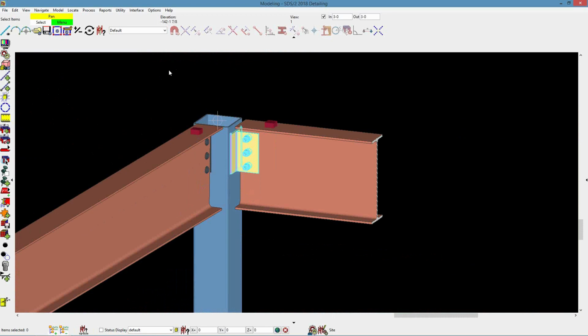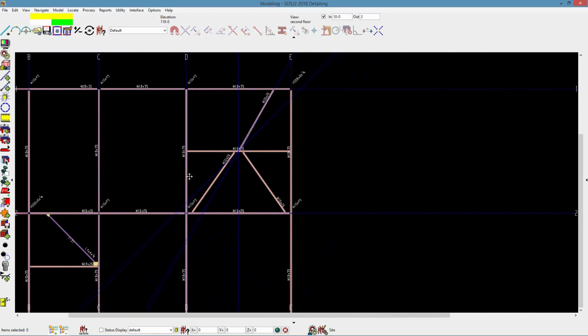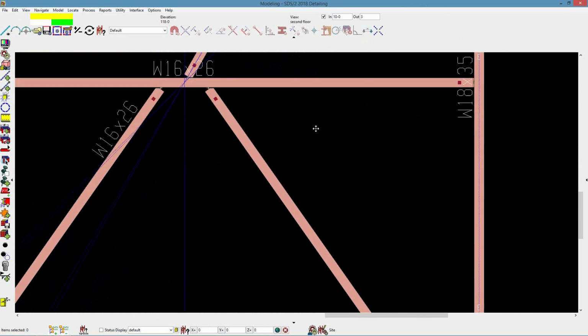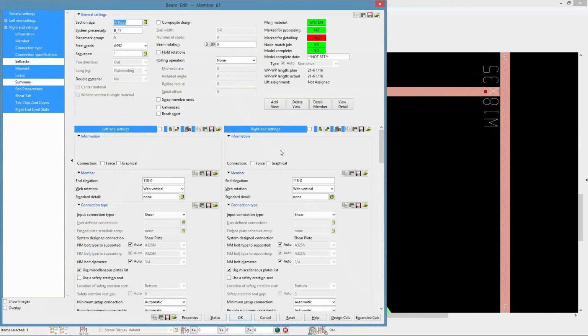Next, we have a shear plate bevel option. So if we take a look at our beams framing over here, when the shear tab connection, alright, this can be set for the specific member in the shear tab connection specifications or in the shear plate setup options. So for this member here, if we take a look at our connection specification,